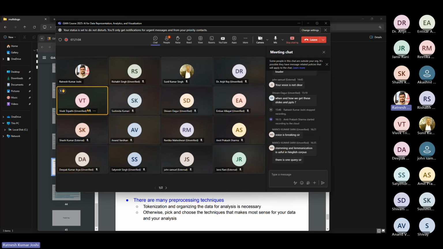Okay, Vivek Tripathi. Sir, you talked about POS tagging. Will this POS tagger work for a Hindi statement and correctly identify the syntactic